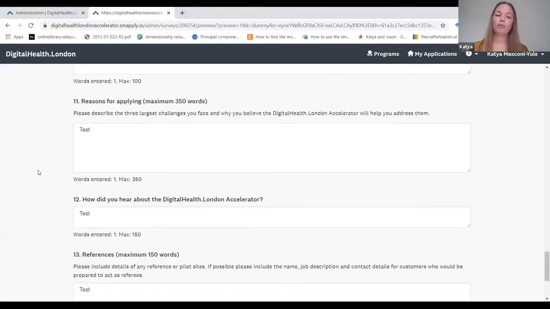Reasons for applying for the program. It's really important for us to understand what it is that you would like to get out of support from the Accelerator team. Lesley, as a reviewer and an interviewer, what would you feel would be a good response from companies answering this question? This is a really important question because it gives the interview panel an understanding of how you can benefit from the program, so that you've thought through your 3 largest challenges, what the program can do to support you, how you can benefit from having a dedicated navigator,